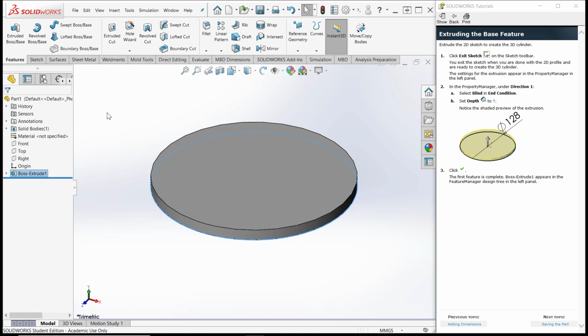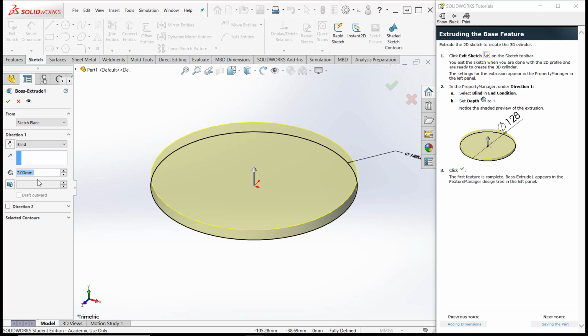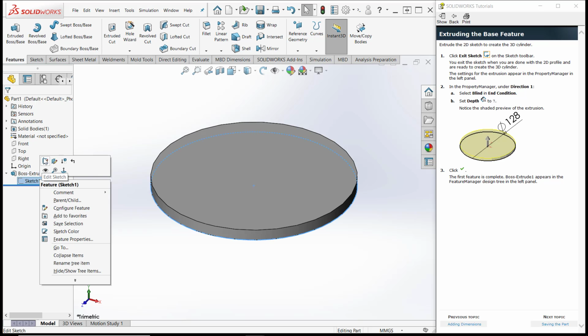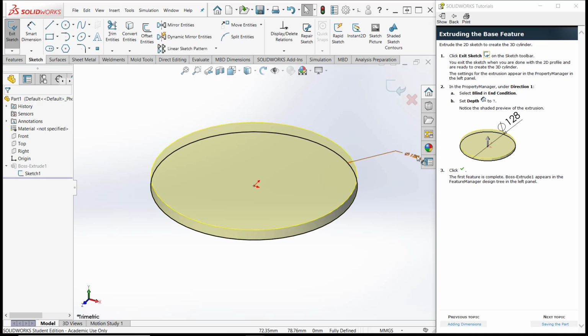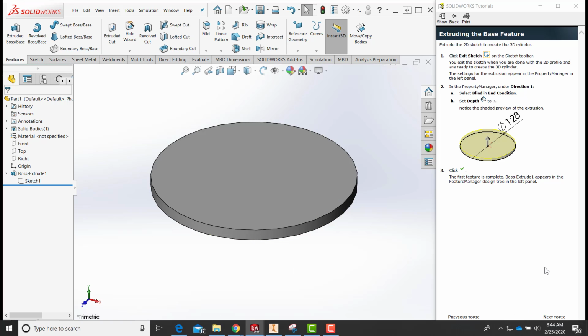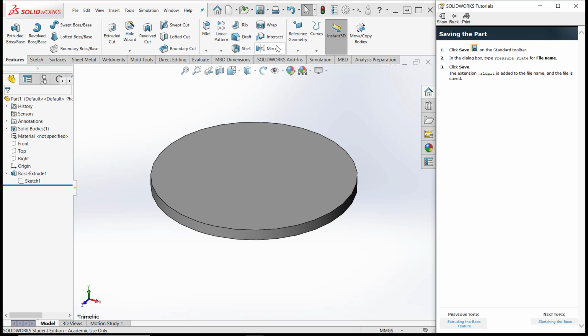Now if I decide I want that to be 10 millimeters, I'll right click and say edit feature, and I would change that to whatever size I want. If I decide I want to change the diameter, I would expand this, right click, edit sketch, double click on that diameter, and change that to whatever diameter I want. So I can change the size of the geometry after the fact. Then I'll save the part,